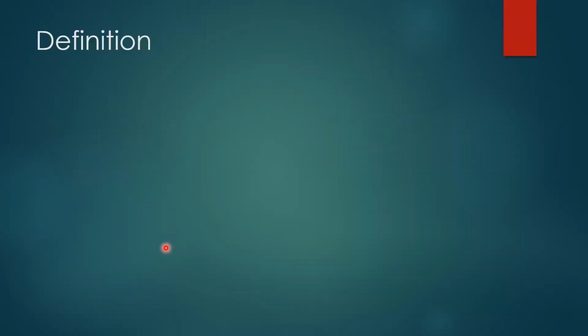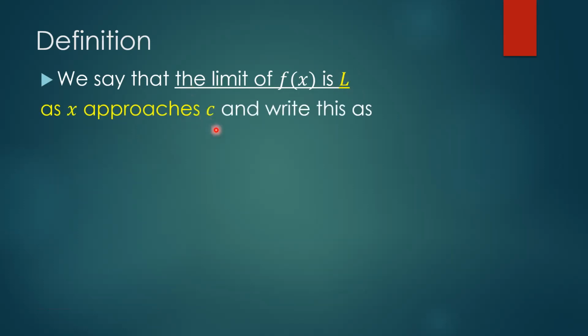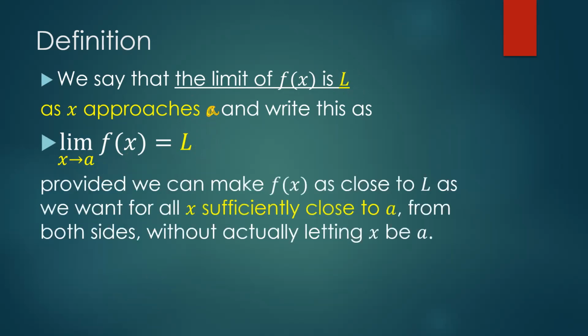Looking at those, we have this definition. We say that the limit of f of x is equal to capital L, where L is a certain real number, as x approaches c, and write this as this notation. Sorry, it should be as x approaches a. Let's correct that. This approaches as x approaches a. Okay, so provided we can make f of x as close to capital L as we want for all x